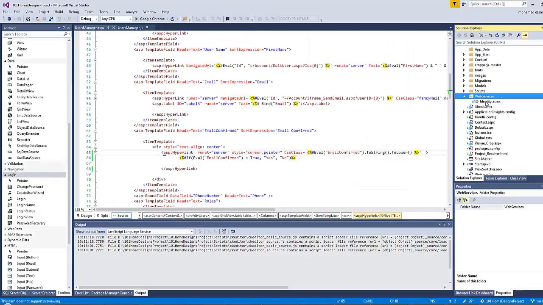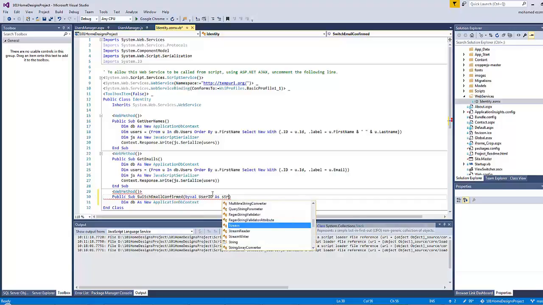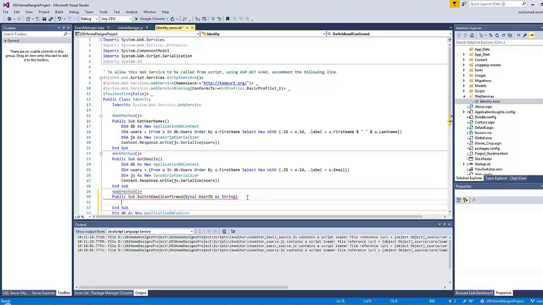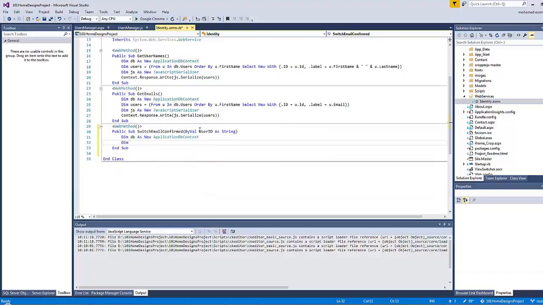Now let's go to the web services folder and open the file identity.asmx we have already created before. I will add a function now, or a method, let's say, called switch email confirmed, and this method will only have one parameter called, let's say, user ID. Okay, now let's move this line here, and I will dim my user, and again I will use the